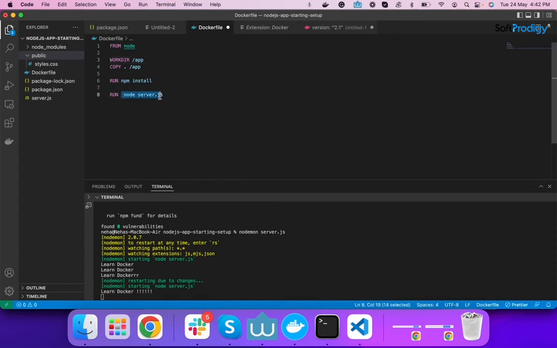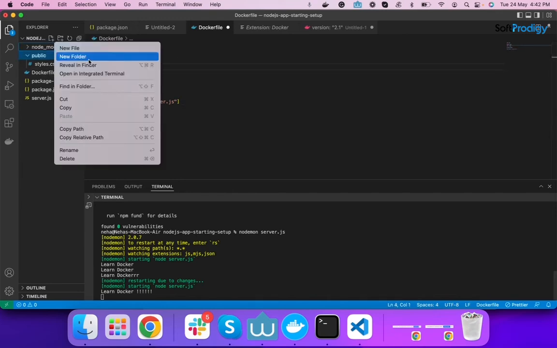After that, we can do one more thing here. If we want to run multiple commands over here, we can mention them in an array. That is, we have to write node first, after that we have to write server.js, and we can also configure the node project to run npm run watch and npm run dev. So you can mention it like this inside the array. So this is our Dockerfile actually.